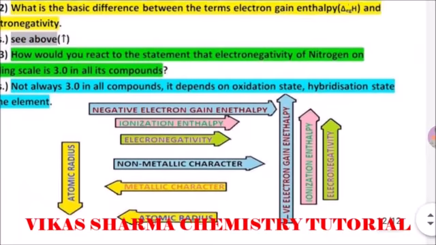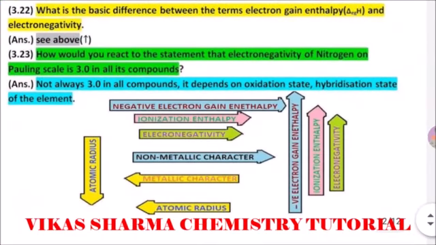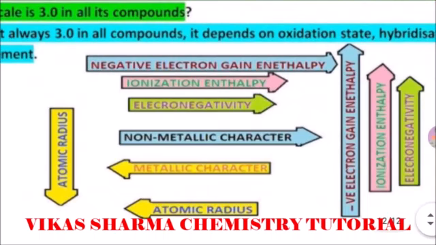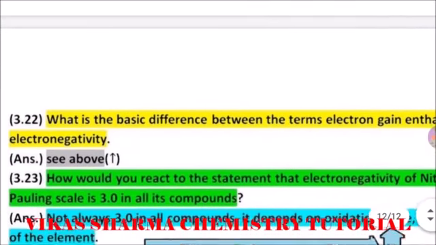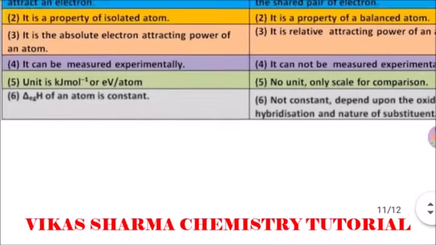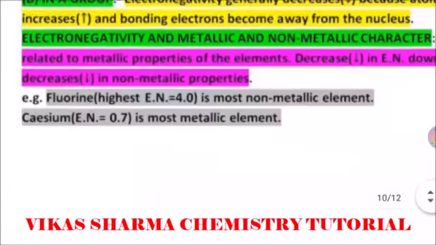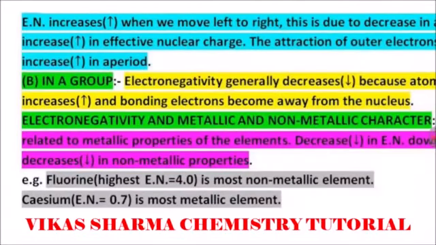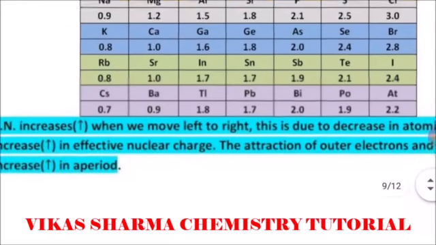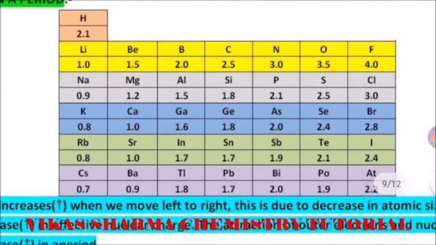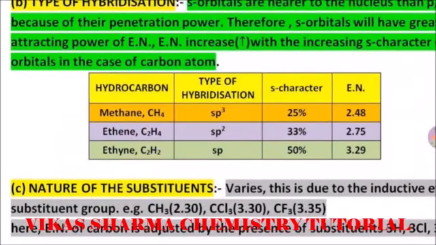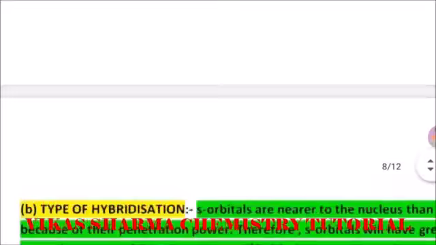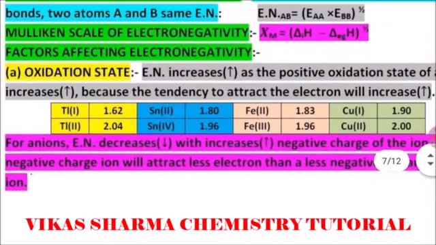So students, I hope this video is informative for you. In this segment you can justify by the trends, you can imagine, you can learn easily, you can say about the periodic table trends. These are some numericals and questions based on NCERT. These are the differences; electronegativity and metallic and non-metallic character you can easily predict. These are the values of electronegativity in tabular form. And the factors of electronegativity are substituent, hybridization, and oxidation state.